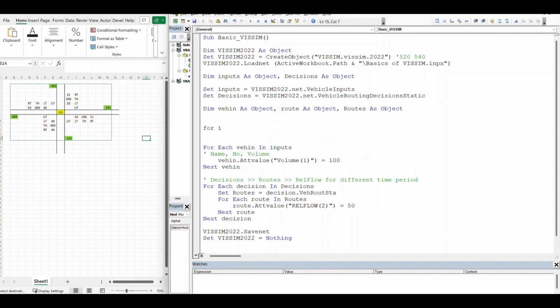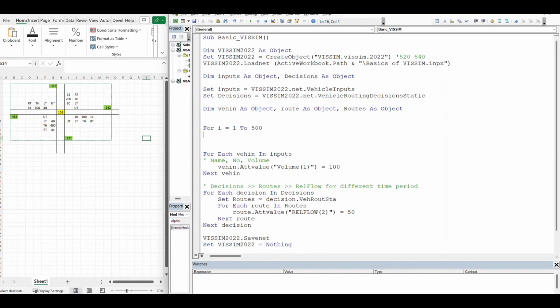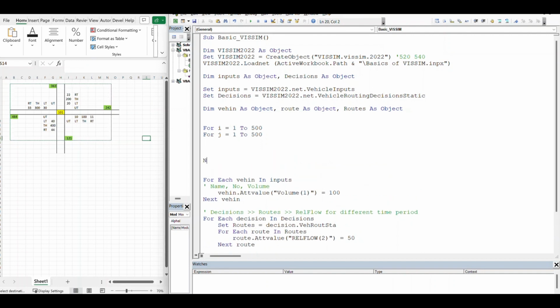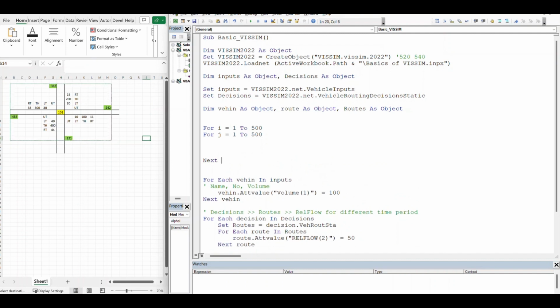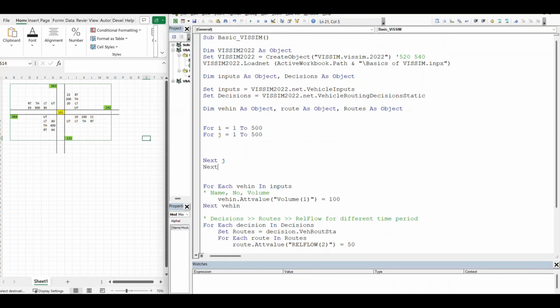For i is equal to 1 to, usually I use 500, I'm gonna use 500, even though it's gonna be slow. For j is equal to 1 to 500. You would be amazed at how much data we have in practice. So just to keep it practical, I'm gonna use 500. Next,